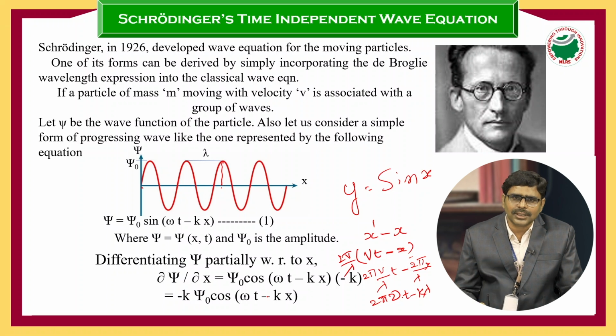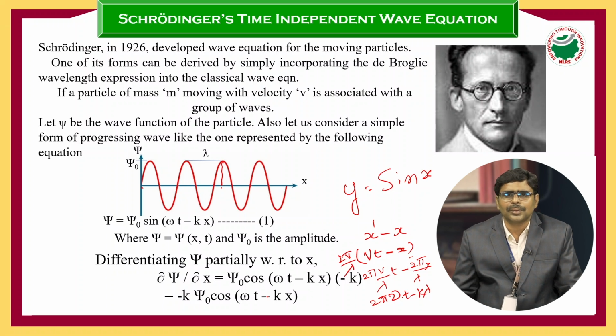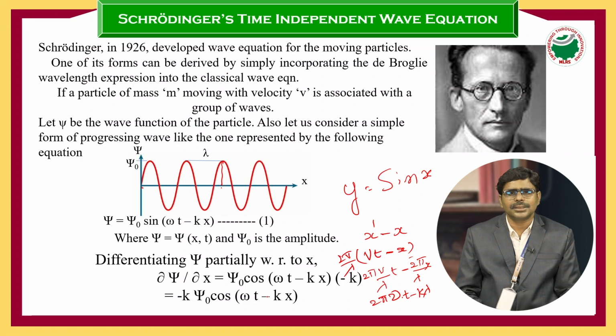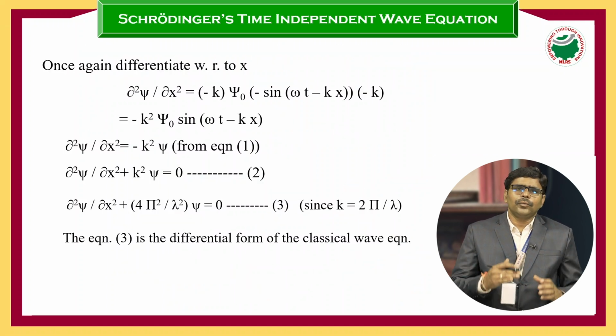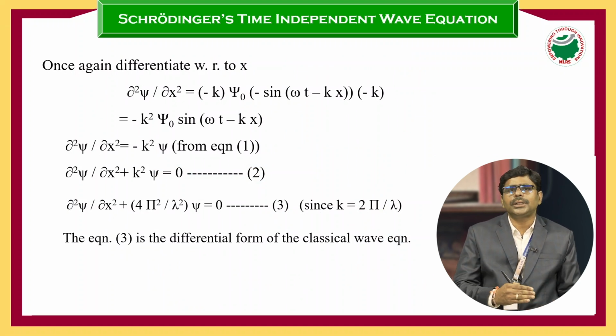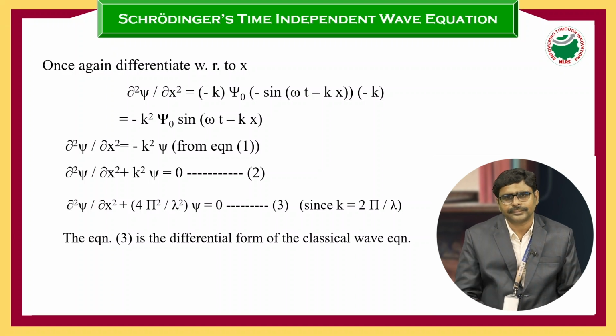There is one more function that is depending upon x: d/dx of (−kx) is equal to −k. We are substituting that part in here. We can say that −kξ₀ cos(ωt − kx) is equal to ∂ξ/∂x. When we fix the position, that means how it is traveling, we can consider the small path.